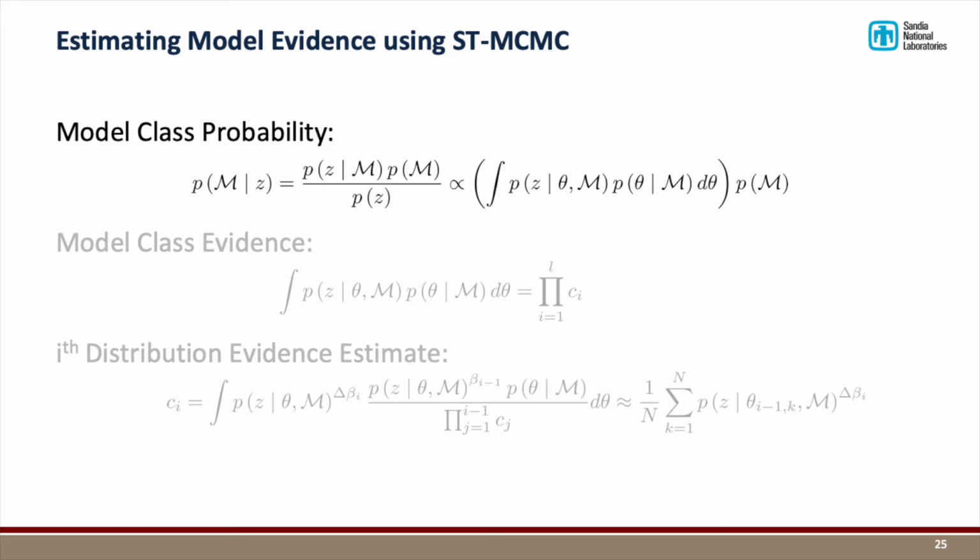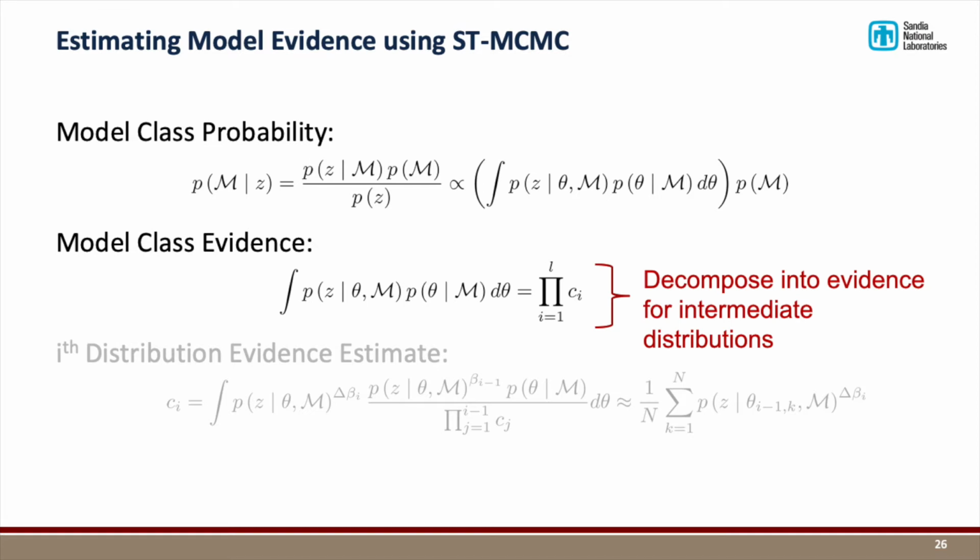This requires estimating the likelihood of the data given the model, where the model evidence is a normalization factor of the posterior distribution. This quantity is an expectation of the likelihood over the prior, and therefore we can use prior samples through Monte Carlo sampling to estimate it. However, typically if the posterior and the prior are far apart, this is going to be a very unreliable estimate. So with ST-MCMC, we can break this up using the intermediate levels and do a Monte Carlo estimate for each